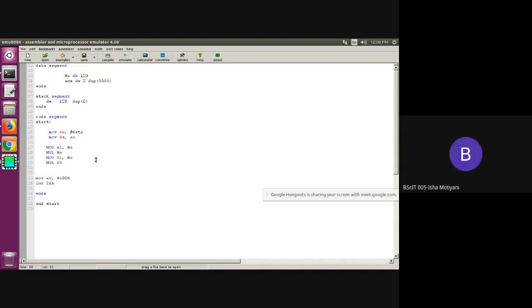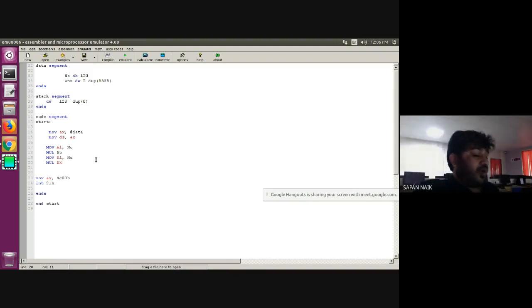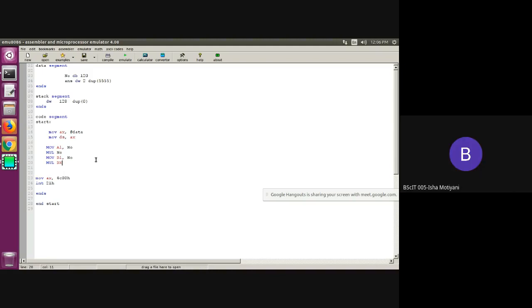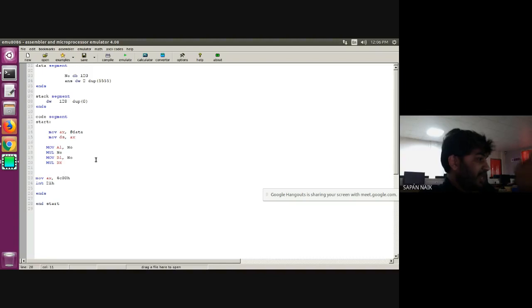Repeat. Okay. What I want to do is multiply 120 with 120 with 120. 120 is an 8-bit number, but when you multiply 120 with 120, you will get a 16-bit number. So after my MUL number instruction, my AX register contains 3840.